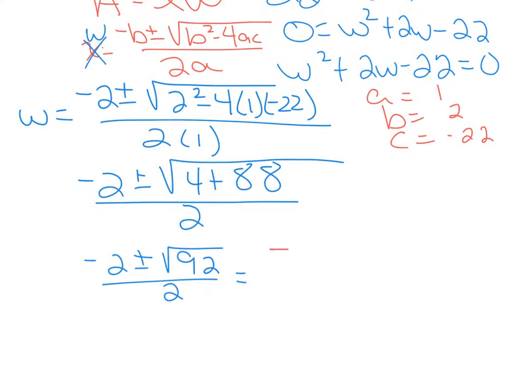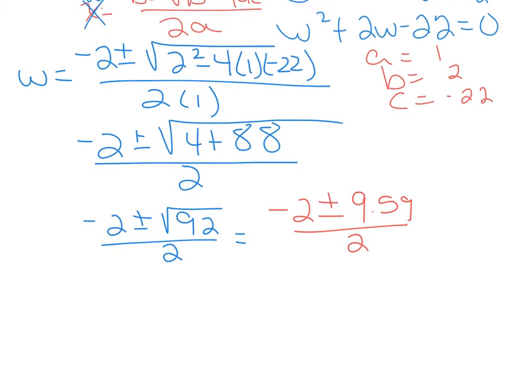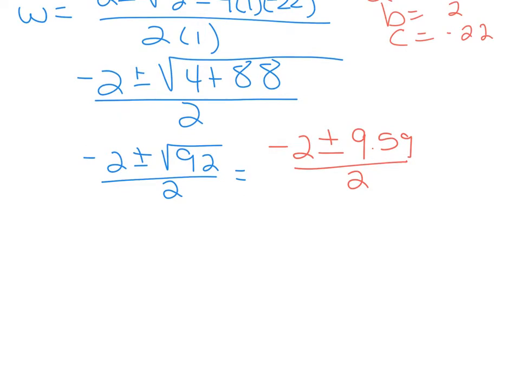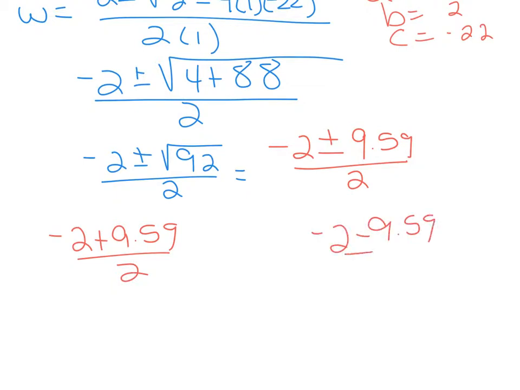9.59, something like that. So we have negative 2 plus or minus 9.59 over 2. And I would suggest that you keep or round to 2 decimals when you do this with a radical. Okay, at this point, we actually have 2 answers here. We do need to simplify this as a plus and a minus. So we're going to take this negative 2 plus 9.59 over 2 and negative 2 minus 9.59 over 2, and